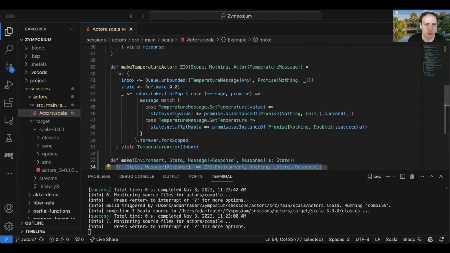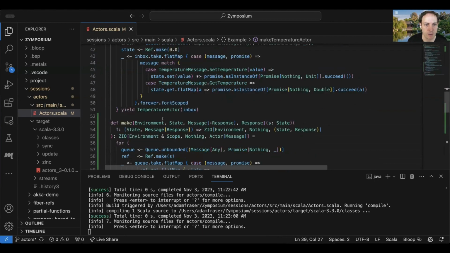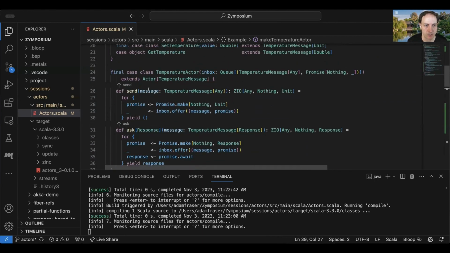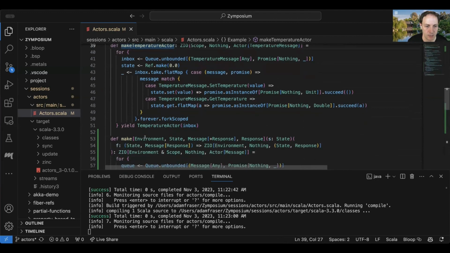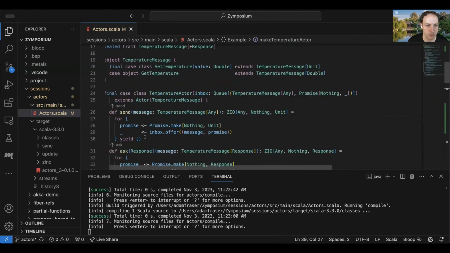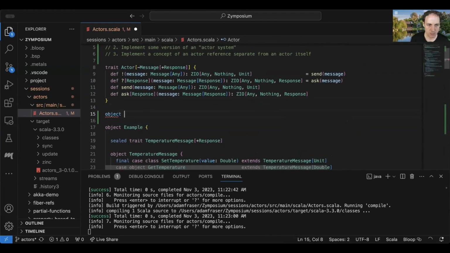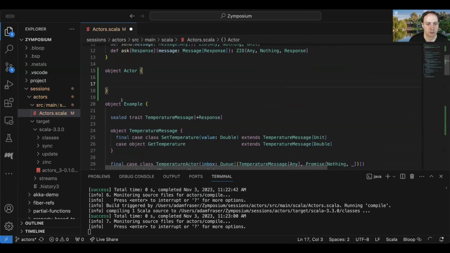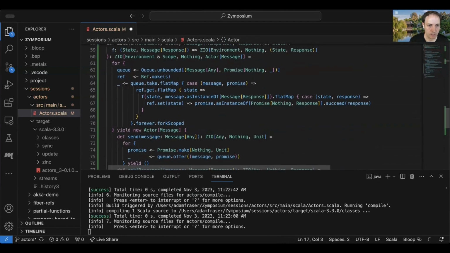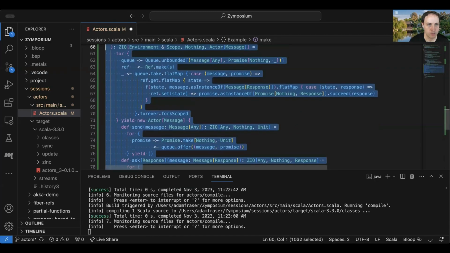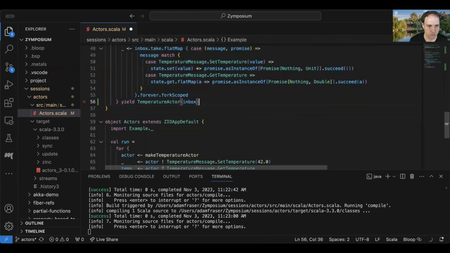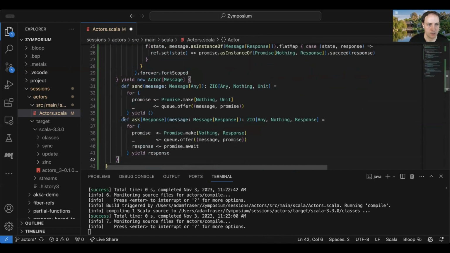All right, awesome. So our test for this is basically, can we now re-implement make temperature actor in terms of make and blow away most of the logic here and here? And let's try to do that. Let me do one thing first, which is right now, this is all this example thing. Let me actually make a companion object for the actor. And now that my make method doesn't really know anything about this temperature business, let me pull this up into the companion object of the actor.